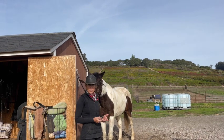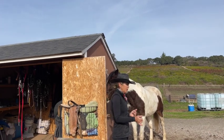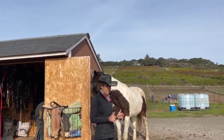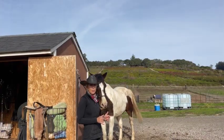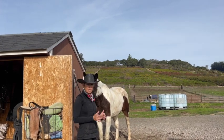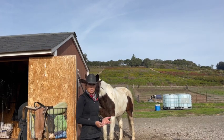So I teach the horses, which you see in my previous videos, to do lateral flexion and then vertical flexion. And so I teach them to turn their head side to side. That's the lateral flexion. And then to give to both hands at the same time. And that's vertical flexion. So once they understand that, then I start walking and stopping, putting pressure on until they stop and keep their head down, and then after that I ask them to walk and just keep their head